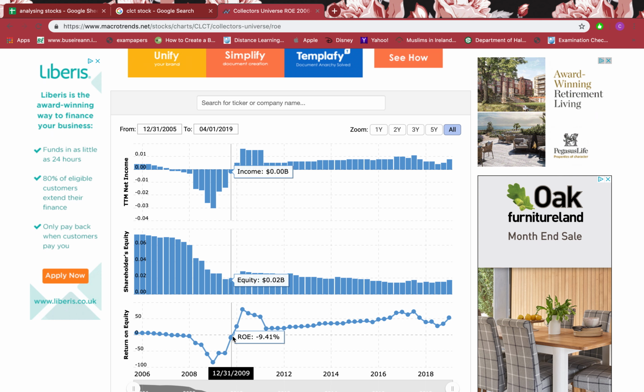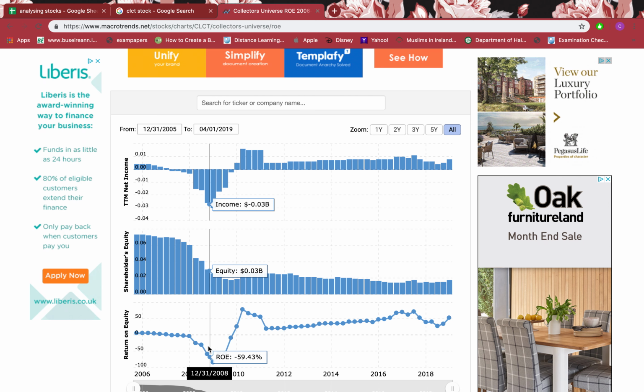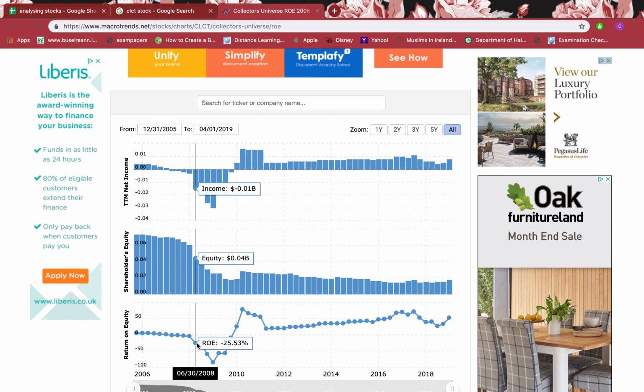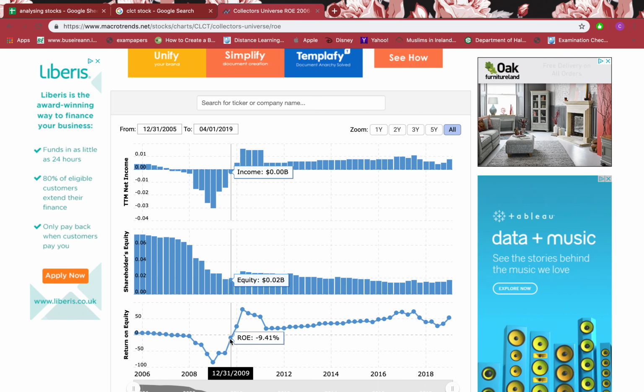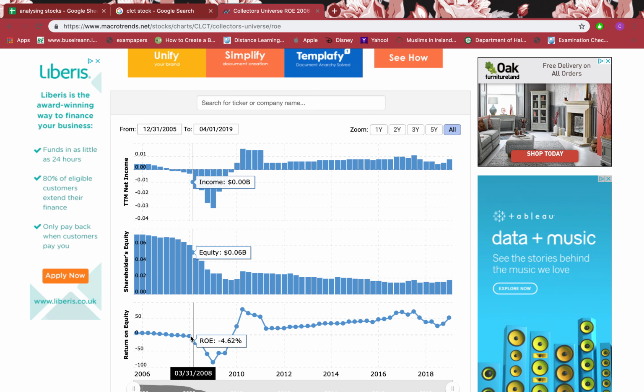But here in 2009, it's very much in the minus, so that's not good. It's not giving any return for the equity people have invested in 2009. It's not giving anything. 2008, it's minus. It's not returning anything to shareholders. 2008, nothing. So this period from 2008 to December 2009, it has not given anything to its investors,